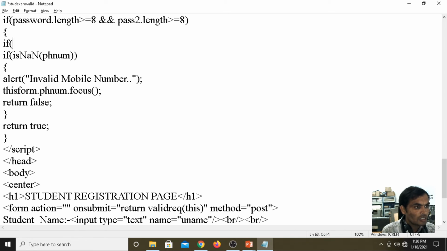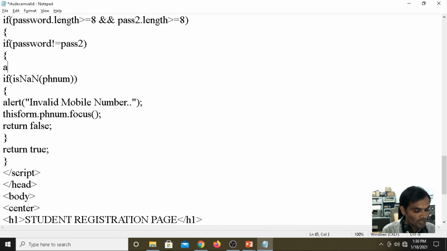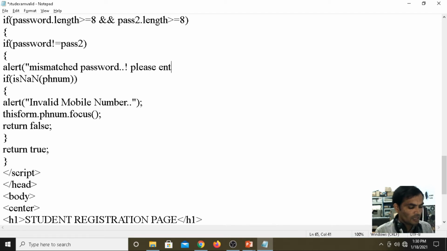If both are not similar, password not equals to pass2, alert: mismatched password.